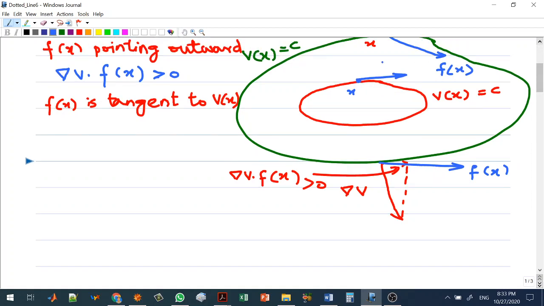Now, the gradient vector is as usual pointing towards the direction of maximum increase. It is like this. So if we take a projection of the gradient of V along f(x) at this point, then this is going to be 0. So the third condition is